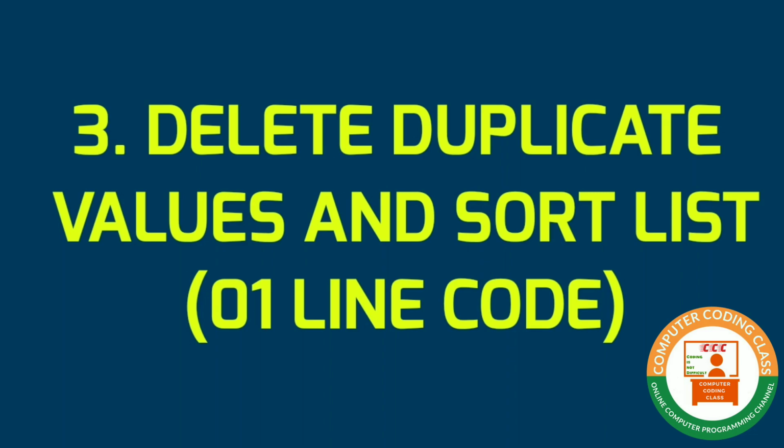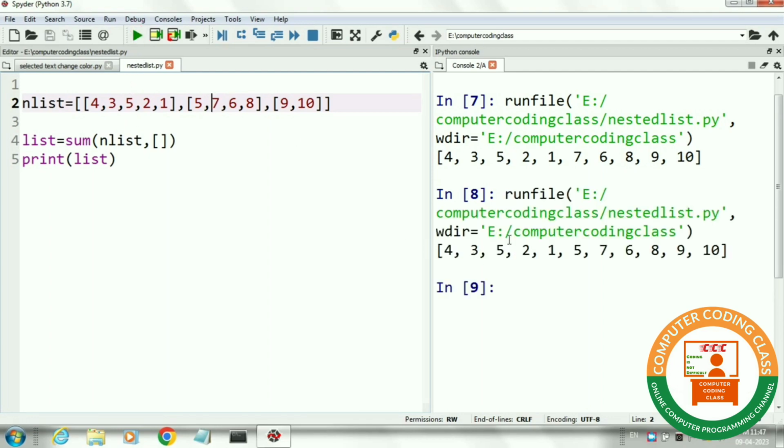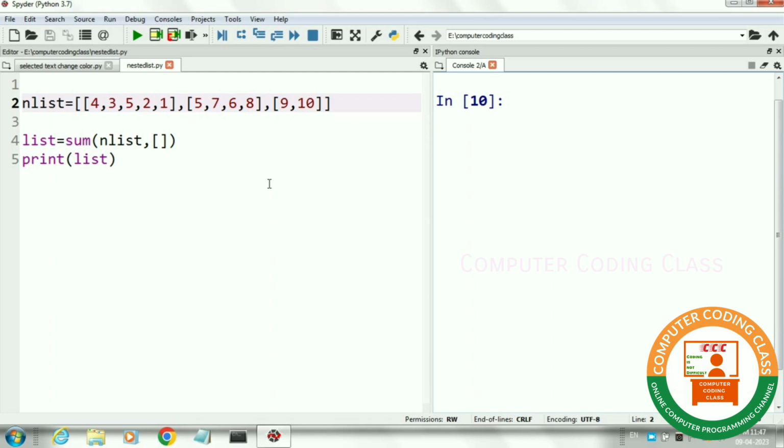Next, what happens when we have duplicate values in our nList and we also want to sort the single list? Now we will learn this operation. You all know that a set is a construct that does not hold any duplicate value. So first of all, we will convert our single list into a set.